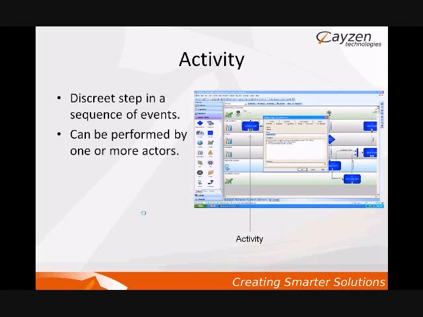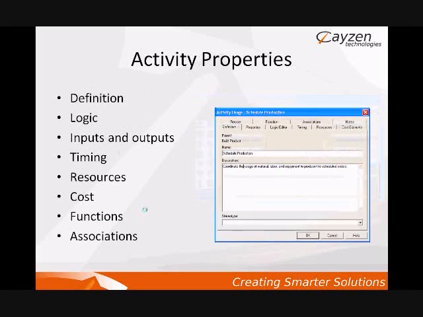An activity, again, is a discrete step in a sequence of events, and it can be performed by one or more actors. For the most part, though, what we're talking about is performance by a single actor. And the square here is really showing you some of the different attributes of an activity, and actually we're going to get into each one of these in detail, because when it comes to a workflow model, the activity is actually the most complex, I think, object that you can include within the workflow model. So activities have properties. They have a